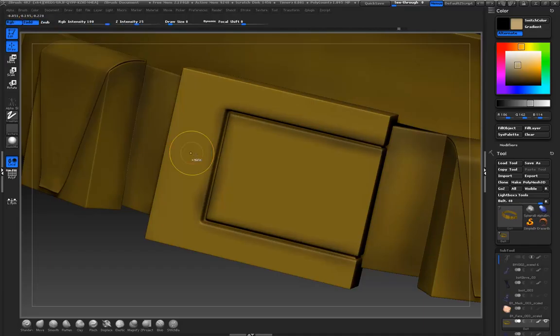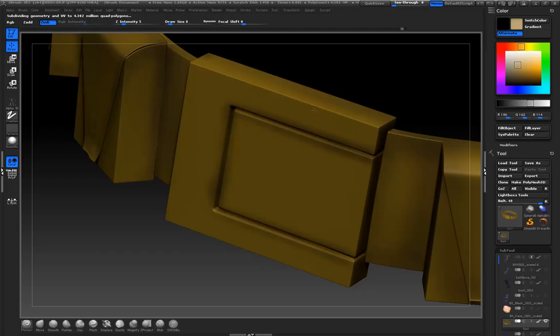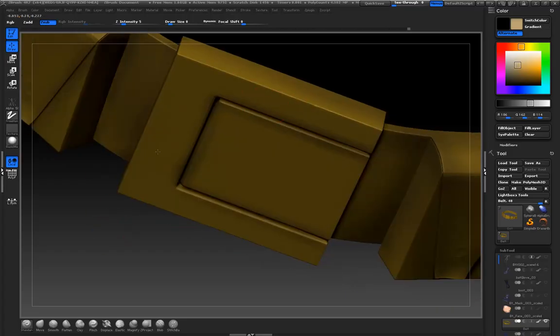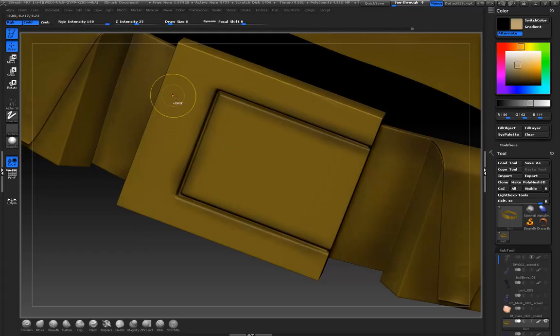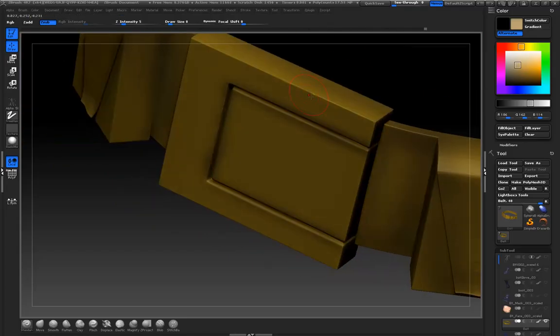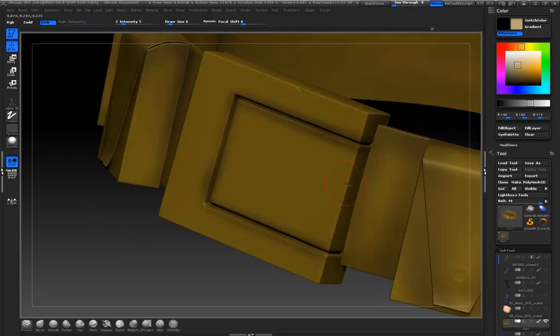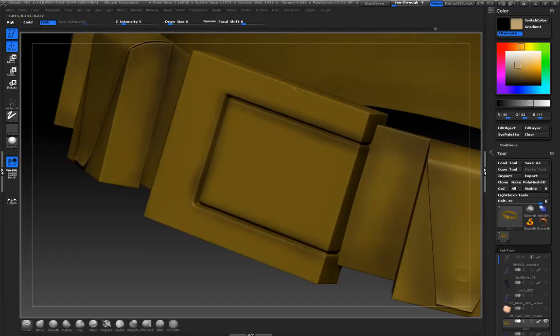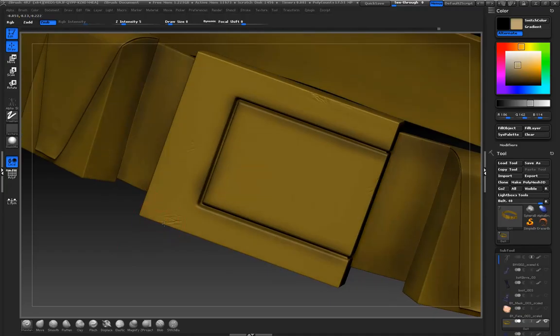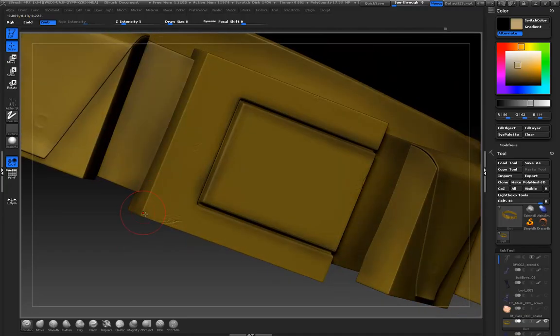Okay, so what we can do is subdivide that again. Okay. And then let's see what we get on the surface of that. Okay, that's better. So just a few sort of, could probably add a bit more detail to that. That's better. Just sort of dents and nicks in these things. There we go. So that's not too bad. Let's make the corner a little bit